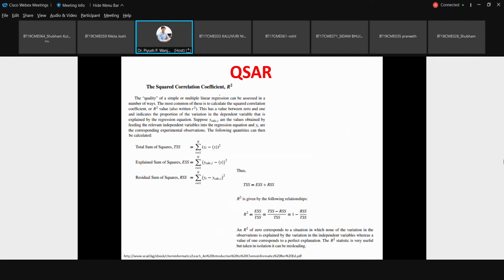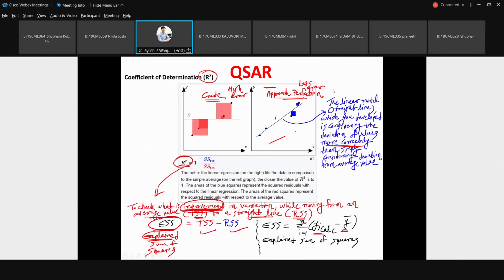So if we go into more detail, now I said R square we are estimating the quality, and already mentioned it can be measured in other ways also. So this is also called a squared correlation coefficient, or simply R square, small r square, or sometimes people also call it R squared. I mentioned to you earlier, this R square value will have values between 0 and 1. The closer the value of R square is to 1, the better the fit.